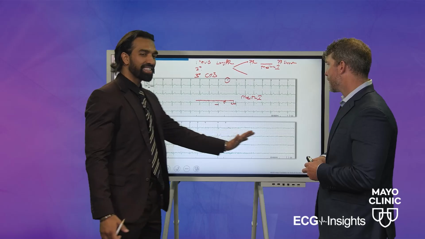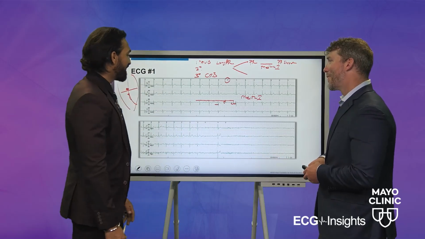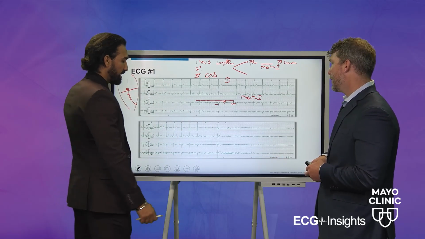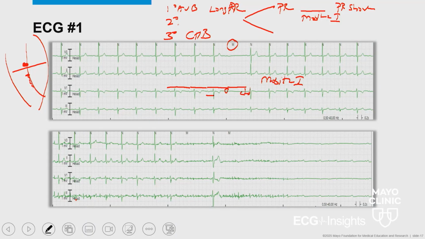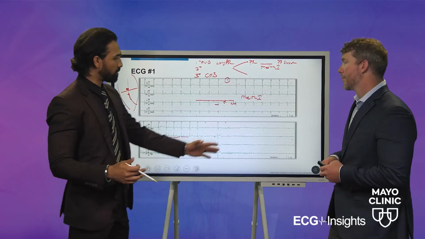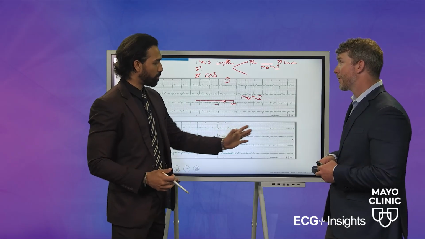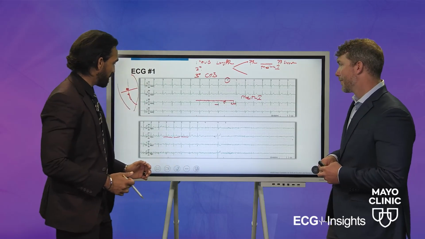When we see a lot of nothingness, that concerns us. And the first thing when you look at that is you want to see, okay, is there some artifact here, right? So is this artifact, is this real? And it looks pretty real because if you look at the P waves here, you can march these out. They look pretty consistent. There's that block beat. And then if you march these out, you can see some P waves there. So if you can march P waves through an artifact, it is likely not the reason why we don't have QRSs here. It's probably a true AV block episode.